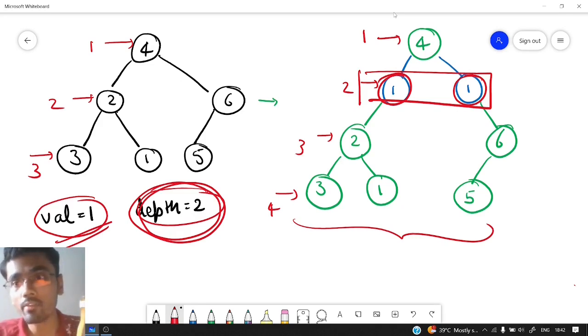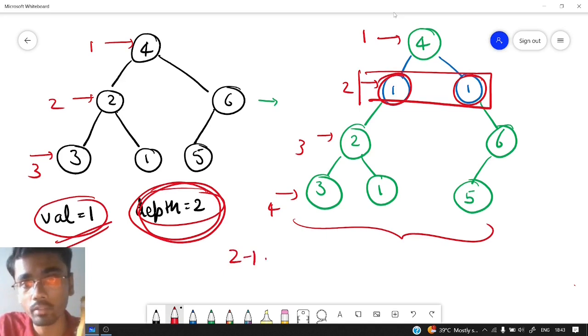Now they have set some rules by which they have created this final output. So let's see what these rules are and how we need to follow them. First, they have said that we need to be present at depth equal to depth minus 1. Current depth is 2, so depth minus 1 will be equal to 1. So we'll be present here.